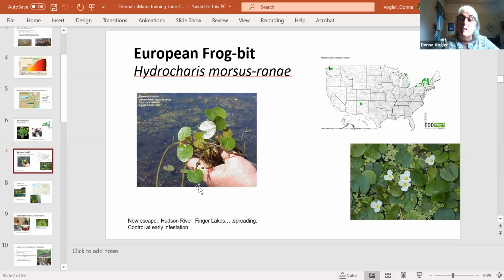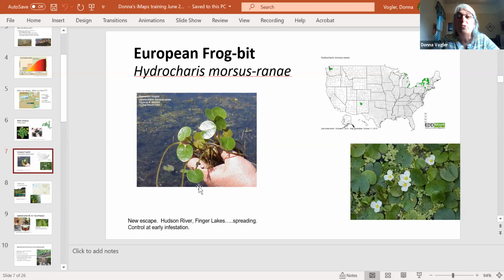All right. So this is a plant that's on the flip side of that. This is one that is not particularly widespread, not throughout the United States, nor within New York. It's popped up in some areas. But when it pops up, just like water chestnut, it can really spread fast and thick. So you'll see the hand holding it on the left-hand side. It floats just below the water's edge, and it can really get a full head of steam before you realize how many of them are out there. They will flower probably in another few weeks, where the flowers will pop above the water surface. But when you look out at the lake, you don't really see them.